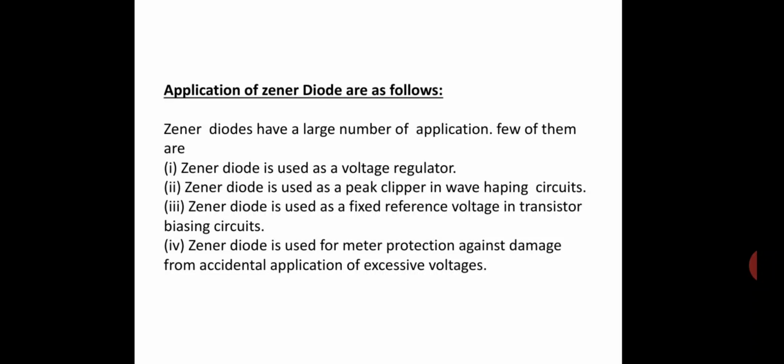Reverse current effect: in a p-n junction diode it damages the junction, and in a Zener diode it does not damage the junction. The doping level in a p-n junction diode is low, but the doping of a Zener diode is very high. Breakdown occurs in a p-n junction diode at higher voltage, and in a Zener diode breakdown occurs at lower voltage. A p-n junction diode obeys Ohm's law, and a Zener diode does not obey Ohm's law. And p-n junction diodes are used in applications such as rectification, but Zener diodes are used in voltage stabilizers, motor protection, and wave shaping.